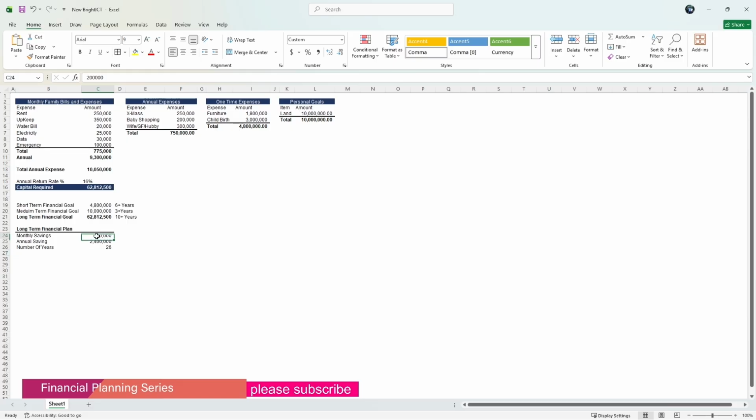So the more you save, the more you bring your goal closer. So let's say you are saving 300,000. See, it will take you fewer years. So this is 17. So let us keep it at 200. It will depend on your monthly income. If you're saving maybe 50,000, it will take you